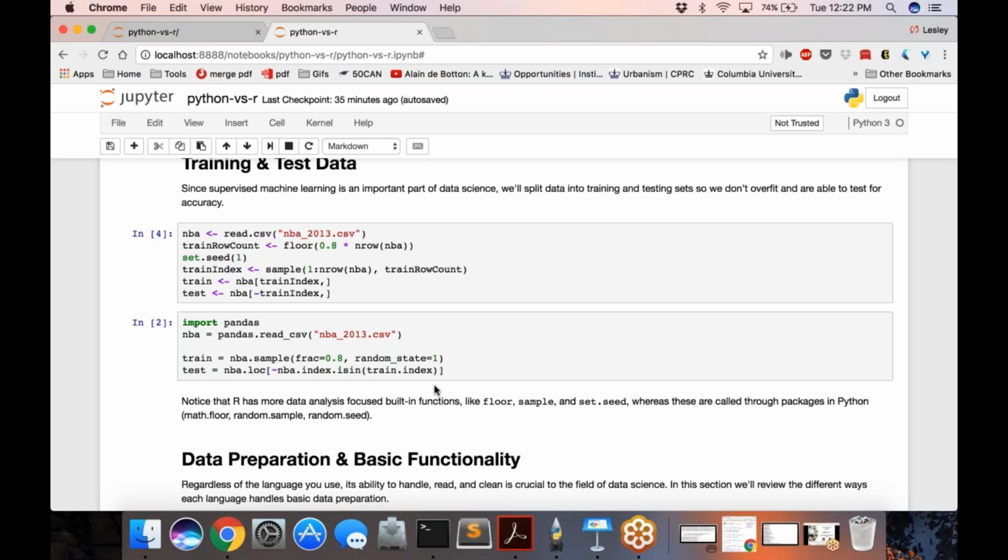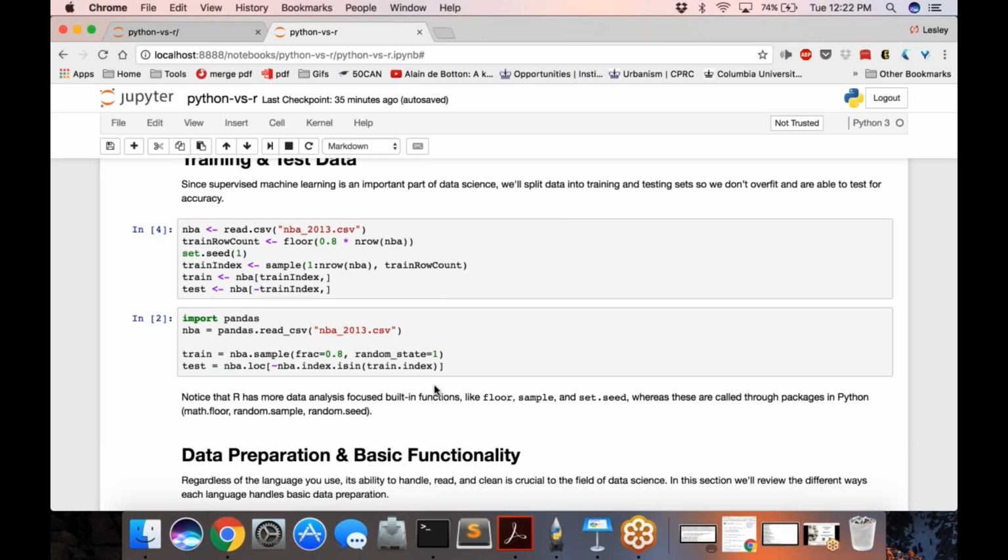So this highlights one of the differences, which is that with Python, more often than not, you'll have to use a module for a lot of the data science tasks, unlike R, which actually just has it built in. Depending on your specific task, this might be an advantage or disadvantage. Again, this is because R was built with statisticians in mind. So a lot of the things that were afterthoughts for Python were automatically built into R.